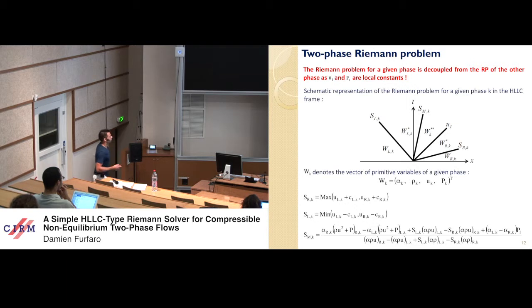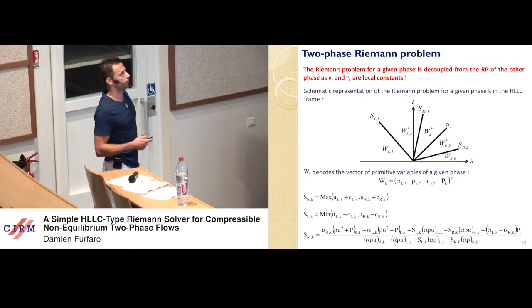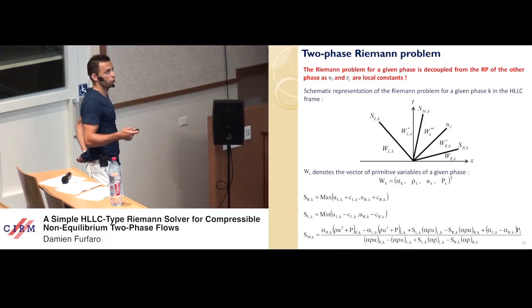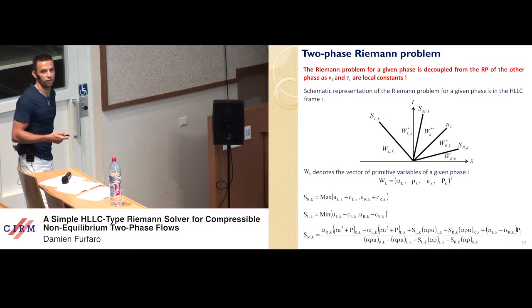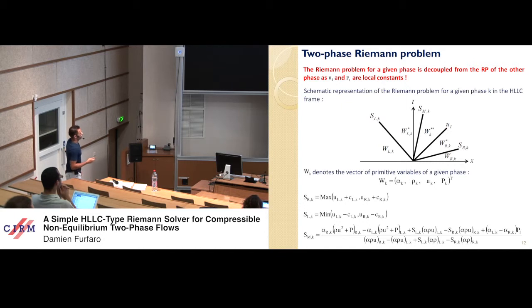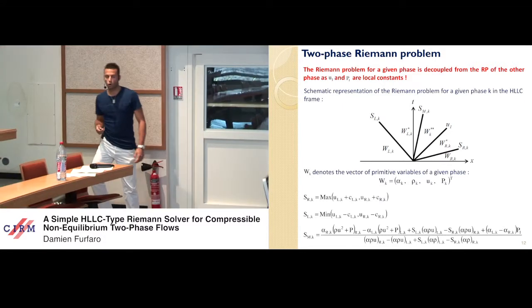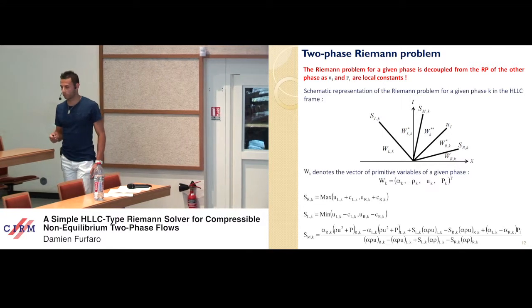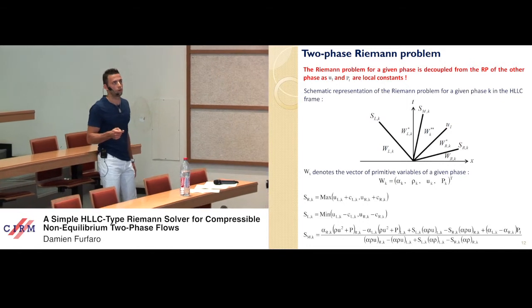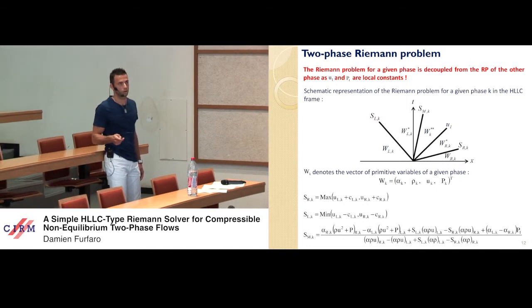It's time to present our two-phase Riemann solver. The Riemann problem for a given phase is decoupled from the Riemann problem of the other phase, as ui and pi are local constants. Here we can see a schematic representation of the Riemann problem for a given phase k in the HLLC frame. We propose a 4-wave Riemann solver for each phase. The 4 waves are SLK and SRK, which are the left and right facing wave speeds,